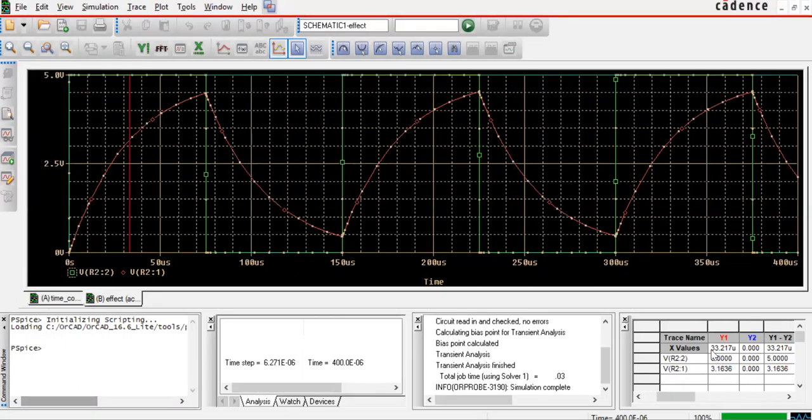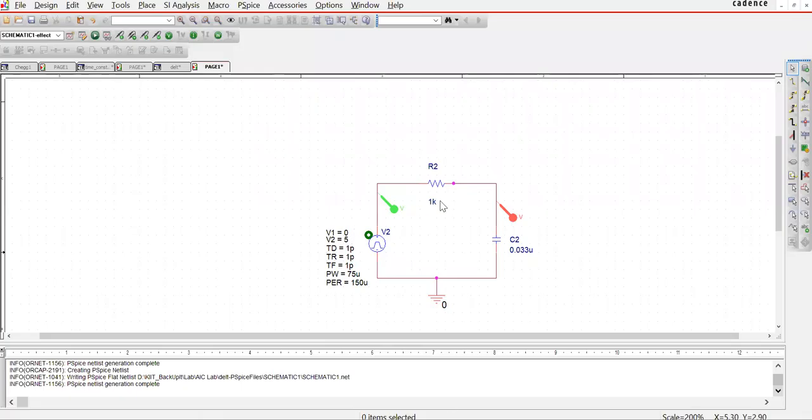And the time is 33.217 microsecond, which is equal to 0.033 milliseconds. Just cross check theoretically. Time constant is R multiplied by C. So 1 kilo multiplied by 0.033 microfarad. So this will be equal to 0.03 milliseconds. That means the time constant theoretically and experimentally are exactly the same.